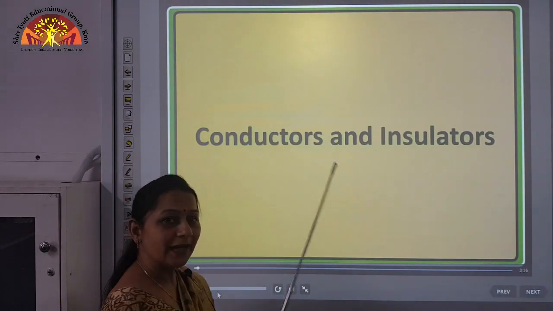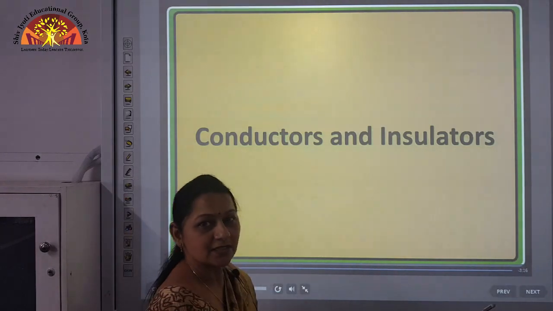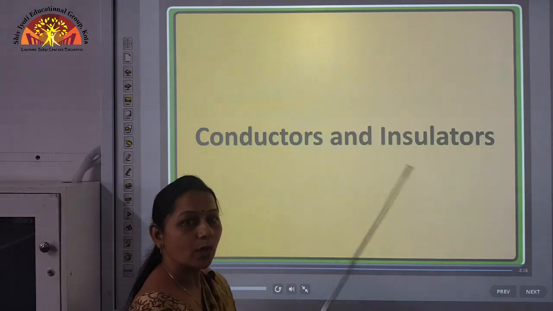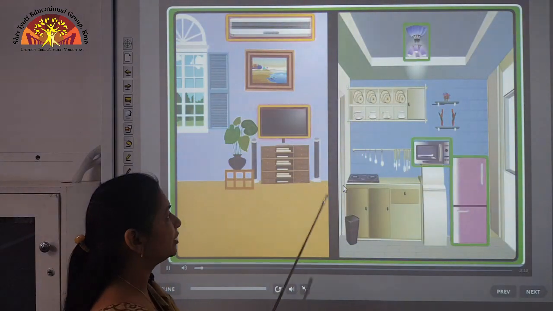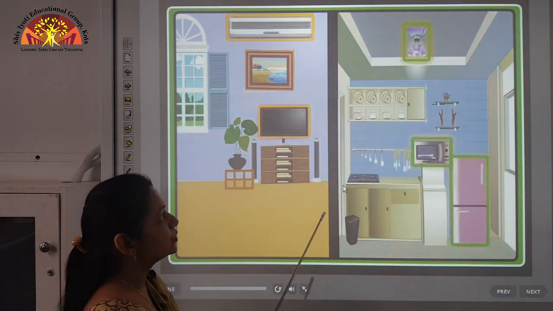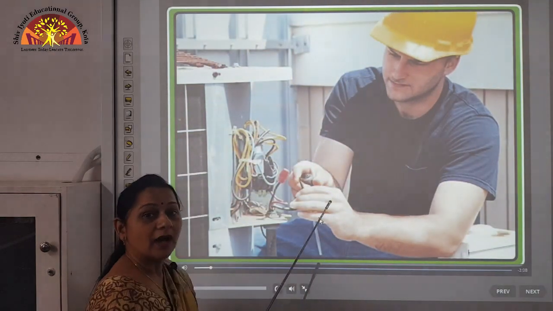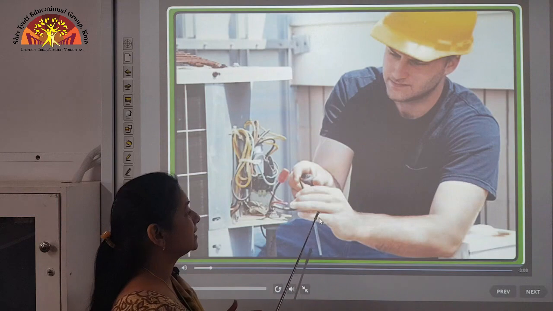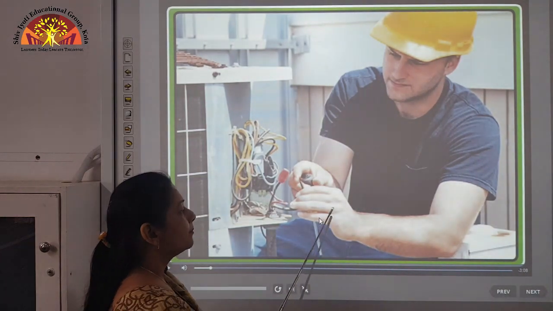Now children, we are going to study about conductors and insulators. What are these conductors and what are insulators? Let us do it with the help of a video. See, you use many appliances in our house in our daily life. These appliances need proper repair and proper maintenance.